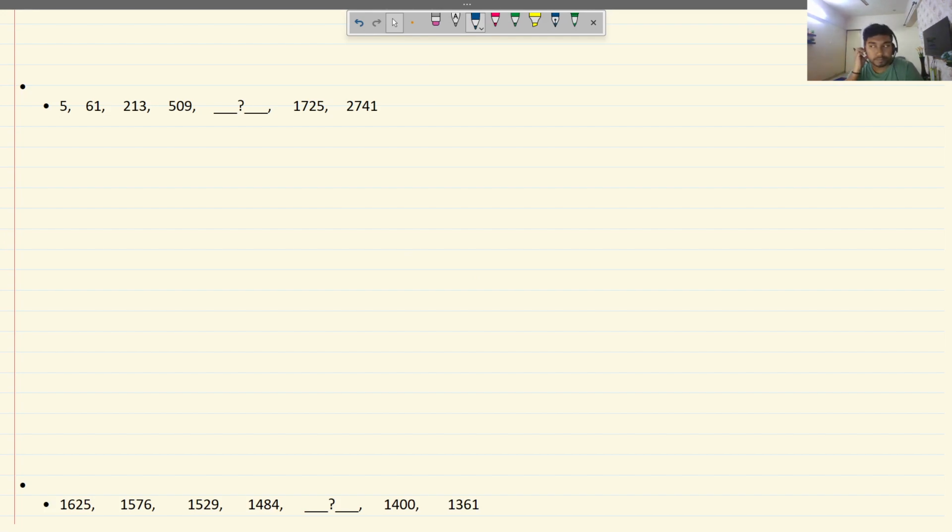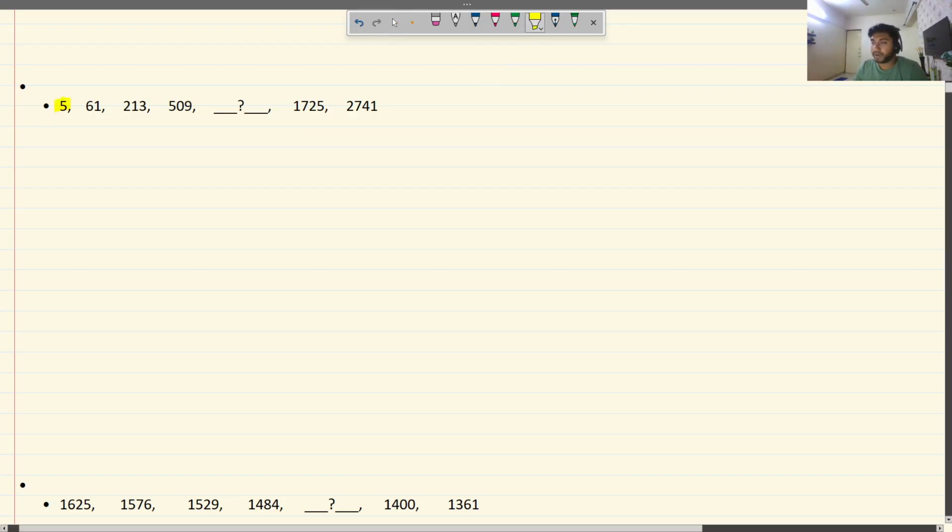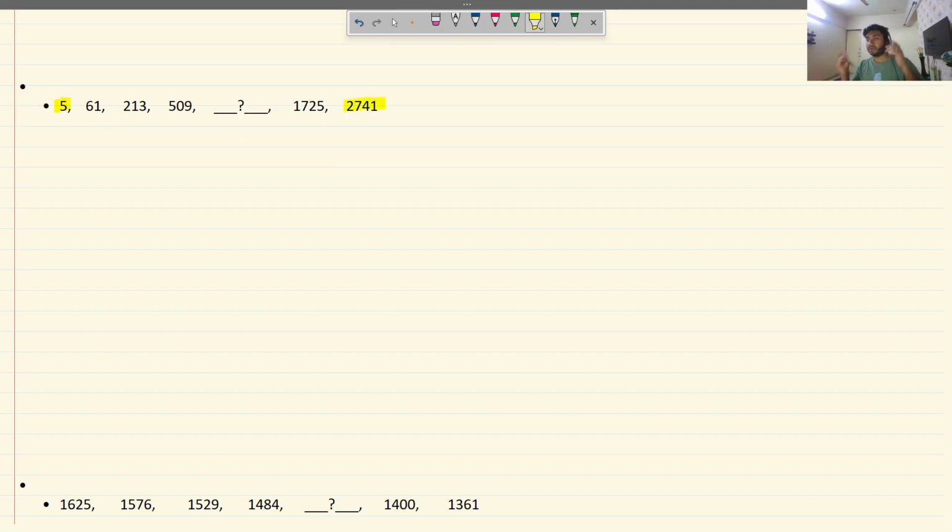Okay. In this question, we have to find the missing term. What is the first observation? By looking at the numbers, the first observation is that I am starting with a very small number 5, and by the end I'm reaching 2700 ish. It's a huge jump. We're crossing thousands by starting with a single digit number. So the pattern that is being followed must involve some sort of multiplication